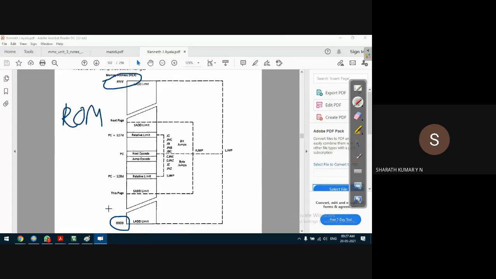So the programs are stored starting from lower address to higher address. Always, it is not like it will start from higher address. Not possible. The compiler will always start storing the instructions from the lower address to higher address. So three types of jumps we saw: one is the relative jump, absolute jump, and what is known as long jump. The example for relative jump is the SJMP instruction, short jump instruction.